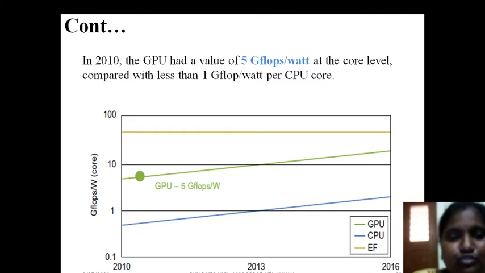Yes, it is around 2010 to 2016 graphical notation. If you observe here, in 2010 the GPU has consumed, it is 10 now, but 10 means more than 10 gigaflops per watt. So the unit is here gigaflops per watt per core. It is not a total cores, only one single core. So it has taken around 1, 2, 3, maybe 7 or 8 near 2010. Around 2013 it reached 10 gigaflops per watt requirement.